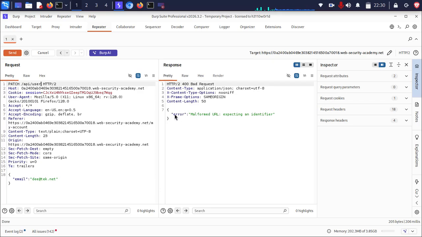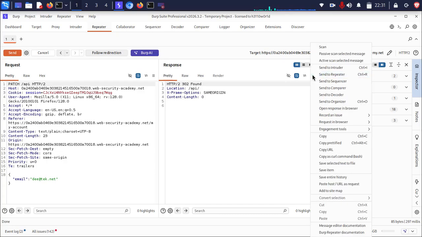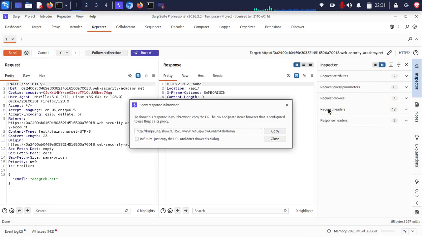So you can see the response, it says error, malformed URL, expecting identifier, because it's expecting to get a username, which is Wiener. So because of this endpoint user, we're going to delete the user and we're going directly to the API. So we'll send the request, and it says 302 found. And as you know, API is just a bunch of code. It's not like one big robot sitting somewhere in a dark room. So we'll come here in the response section and we'll select open response in browser. So we'll copy the link,